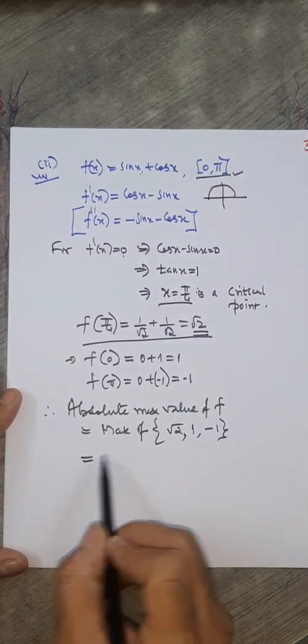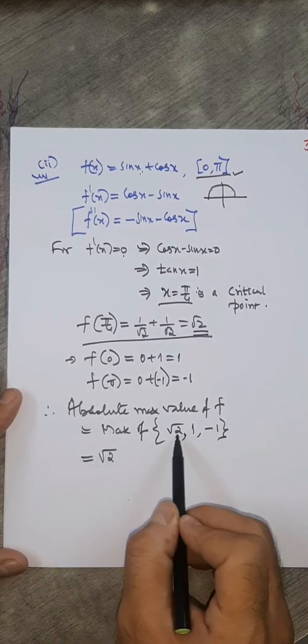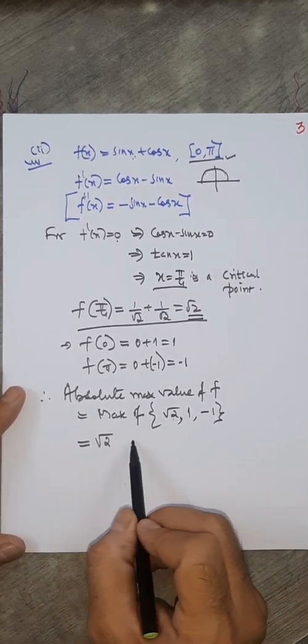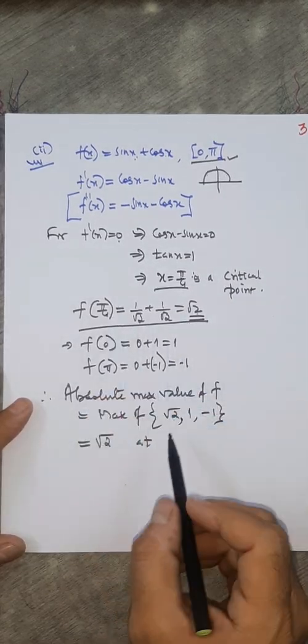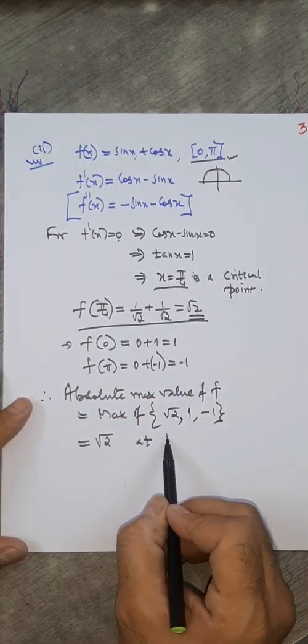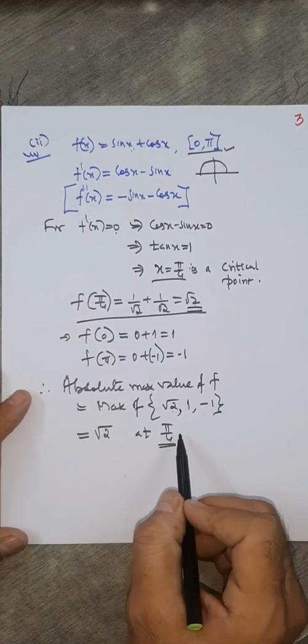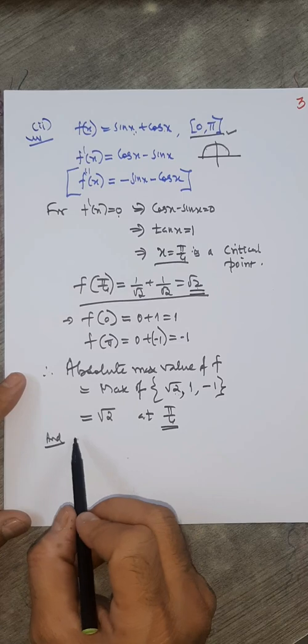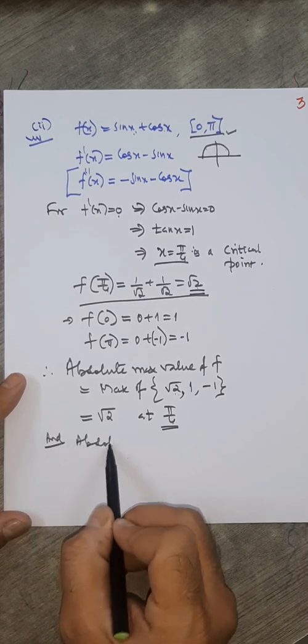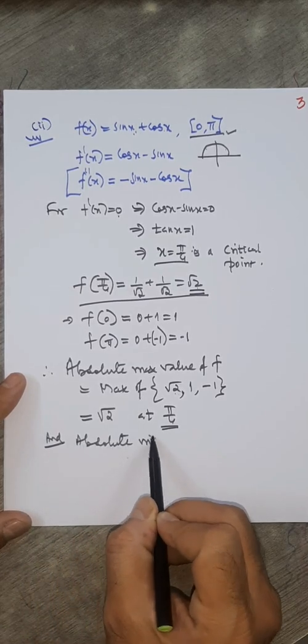Get the maximum of this, which is root 2, highest, 1.41. And this is at which place? Root 2 is obtained over here. This was in fact the local value, but anyway, at pi by 4. And last one, that is absolute minimum value